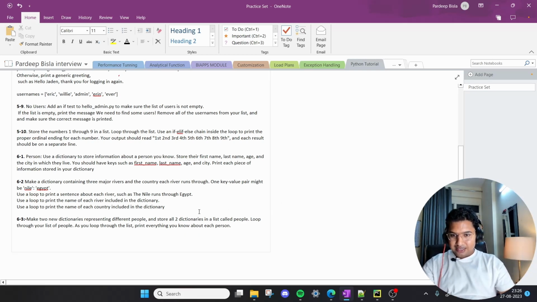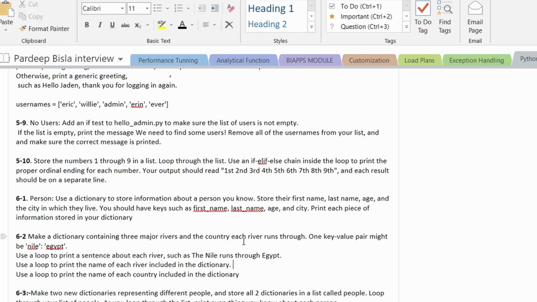तो लेट्स अंडरस्टैंड द नेक्स्ट क्वेश्चन। Make a dictionary containing 3 major rivers, the name and the country each river runs through. Okay, one key value pair might be Nile, Egypt. Okay, so we have to create a dictionary जिसमें रिवर्स हो और वो रिवर्स किस कंट्री में बहती हैं वो डिटेल हो। ये हमें समझ में आ गया। ओके, नाउ रीड द नेक्स्ट स्टेटमेंट।